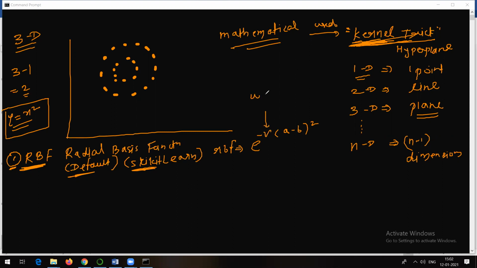this gamma is nothing but the weightage. It is nothing but the weightage, or we also call it a contribution, right? The contribution of that particular attribute, and it is given for each point. This gamma is nothing but the weightage of the contribution. And what are these a and b?